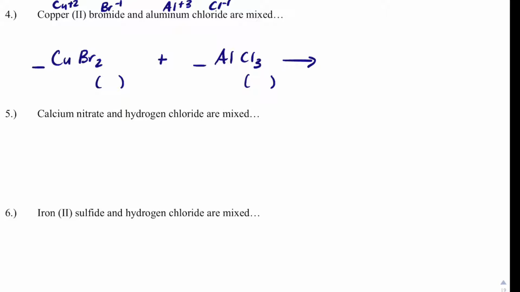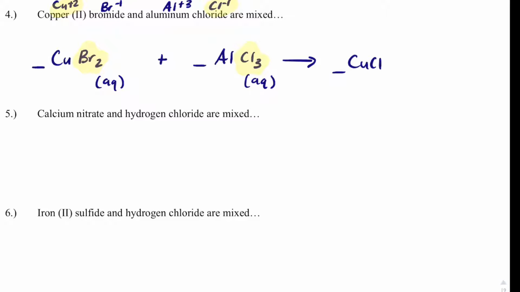And I remember that halogens are always going to be soluble, unless it's APH. AP in honors classes. The A stands for silver. I don't have silver here. The P stands for lead. I don't have lead here. And the H stands for mercury, and I don't have mercury here, so I automatically know that these are going to be aqueous. And then I'm going to flip them, so copper's going to go hang out with chlorine,